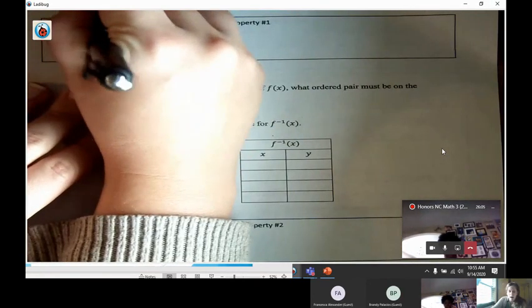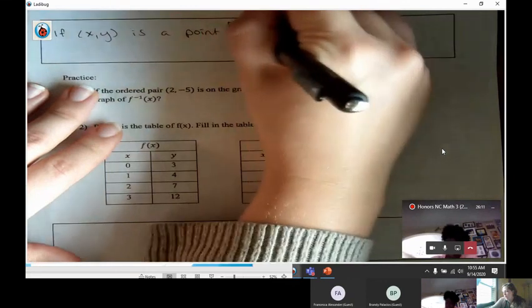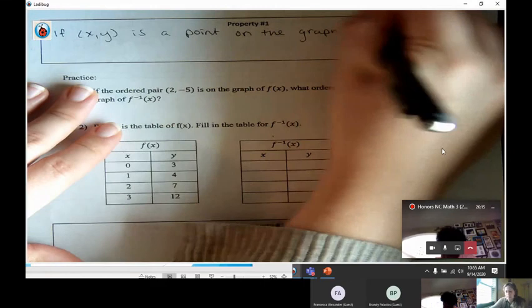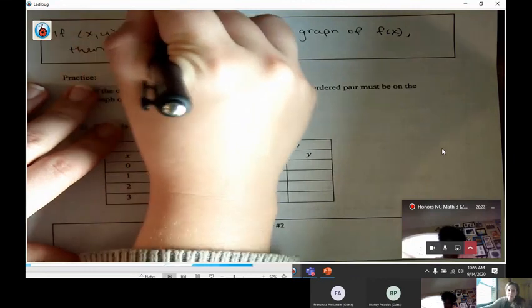If x comma y is a point on the graph of f of x, then y comma x is a